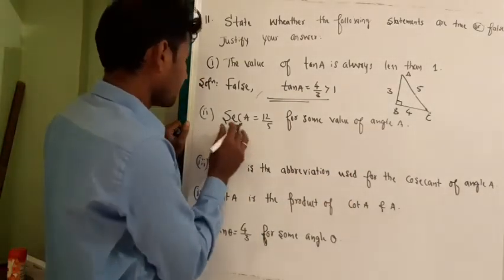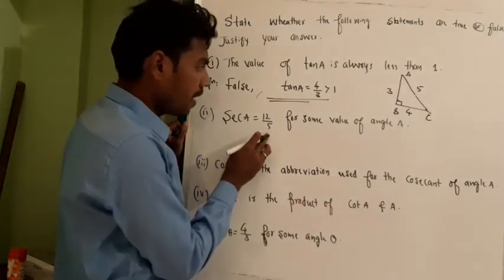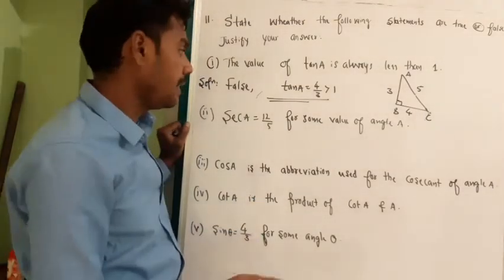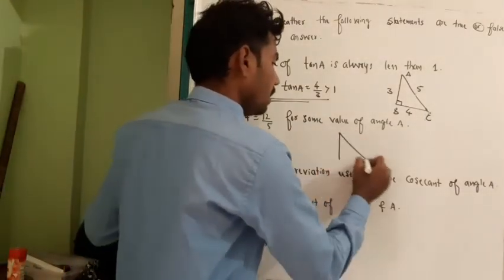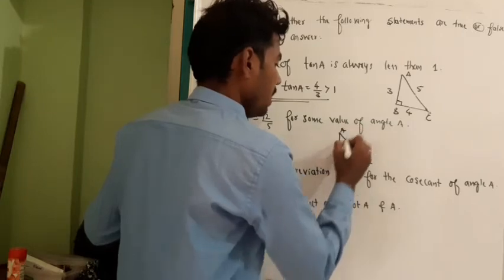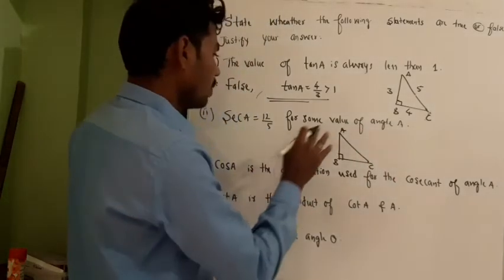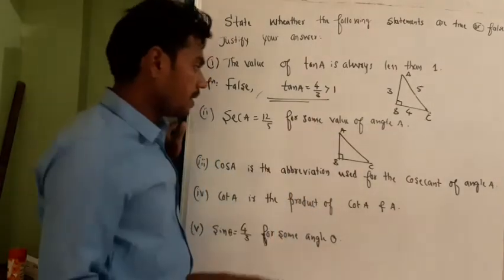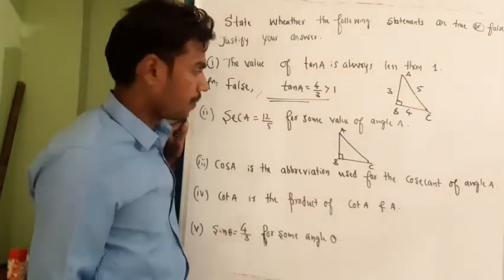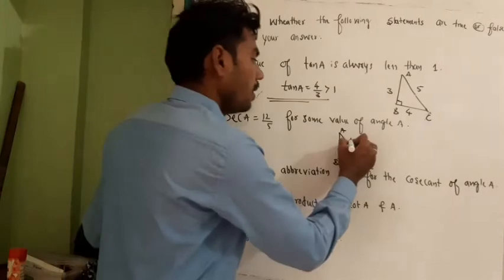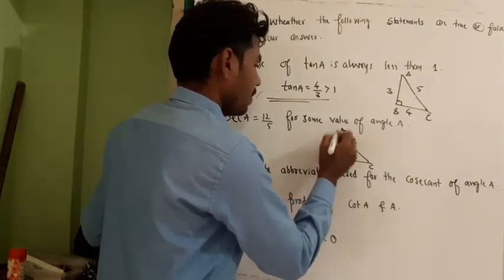Next, secant A is 12 by 5 for some value of angle A. If I take triangle ABC, what is secant A? Cos A is adjacent by hypotenuse. Secant A is hypotenuse by adjacent, that is 1 over cos A. So